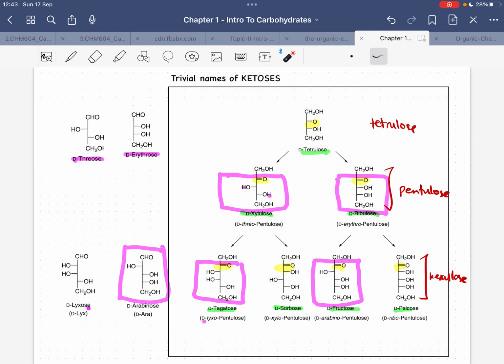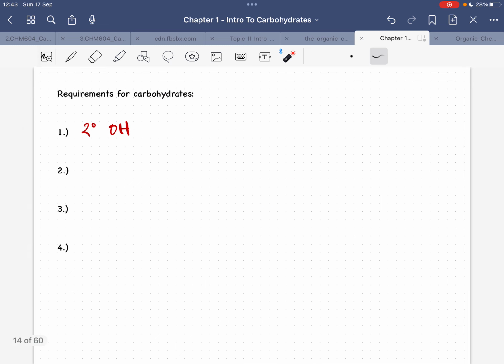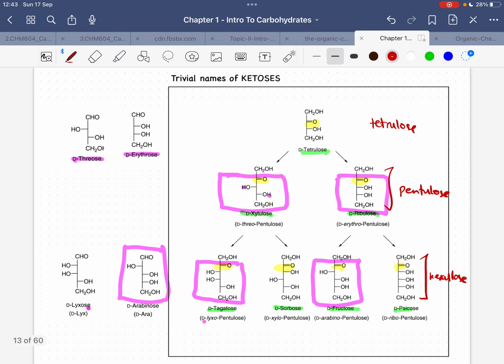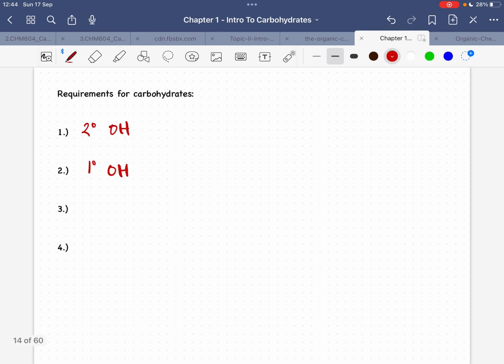Like this, naa siya, diba? This is a secondary alcohol, for example, because ang kani nga carbon naa siya duha ka R groups, diba? So it's a secondary alcohol. And another thing is na dapat siya primary alcohol. It has a primary alcohol because this is a primary alcohol. Okay? Kaya ang carbon na connected sa OH, isa nalang siya ka R group. That's why it's primary. And also, dapat na siya carbonyl